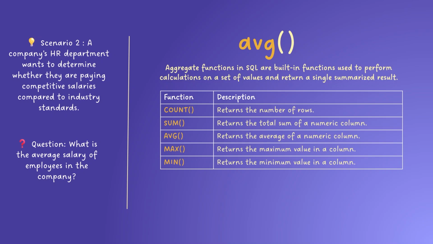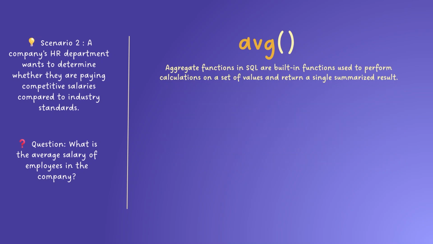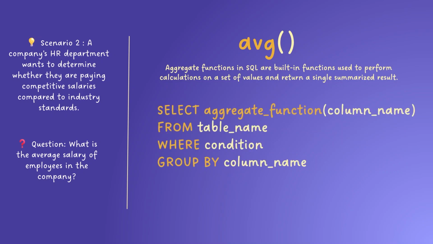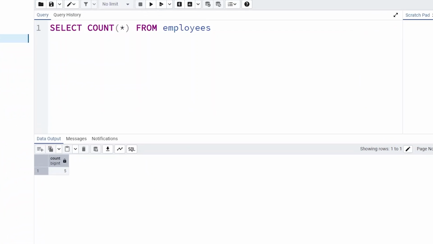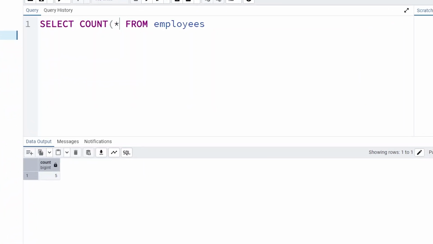You can also do sum, average, max, and min. Let us look at the syntax. So we write select, aggregate function, then we write the column on which we want to perform this function, from table where condition, and then, towards the end, comes the group by. So to find the average salary of the employees, what we are going to do, we are going to say